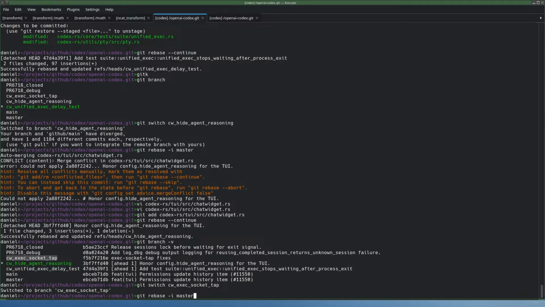I mean, what is upstream? Rebase. I'm just thinking, I think this will work as well. Upstream is probably just my own GitHub, which is